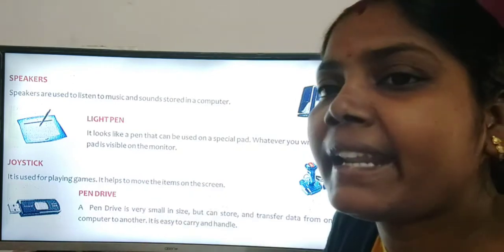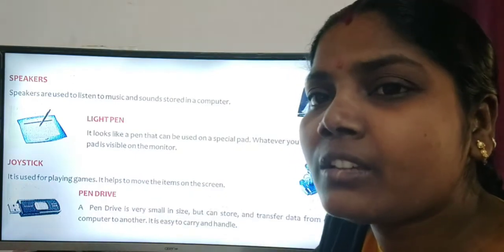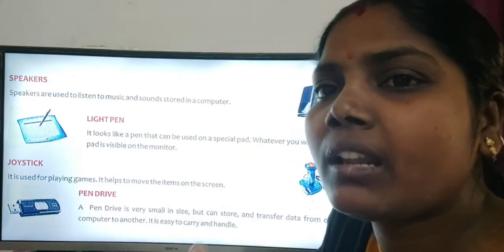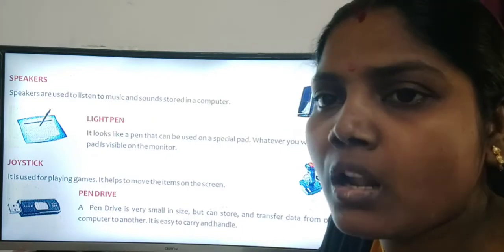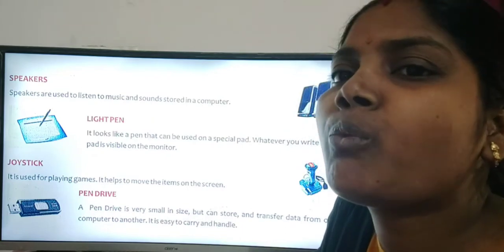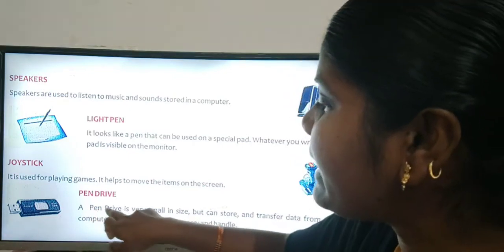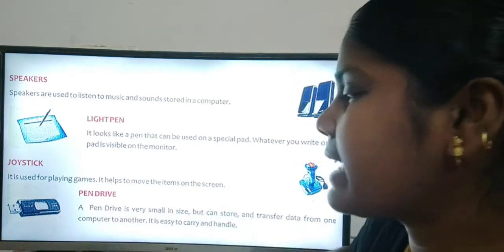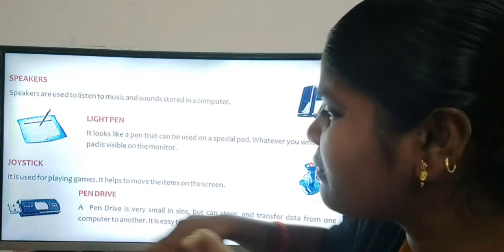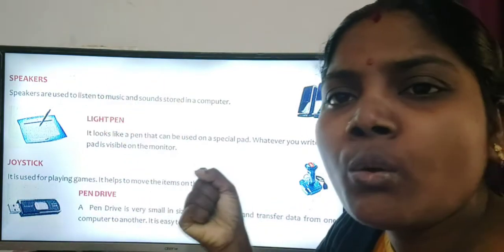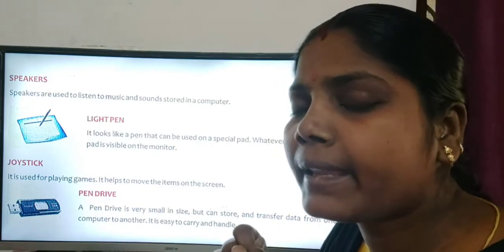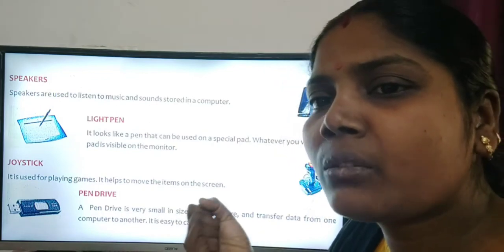And the pen drive. As we know very well, we saw it also. What are we using a pen drive for? A pen drive is very small in size. We can keep it in our pocket or hold it in a hand.